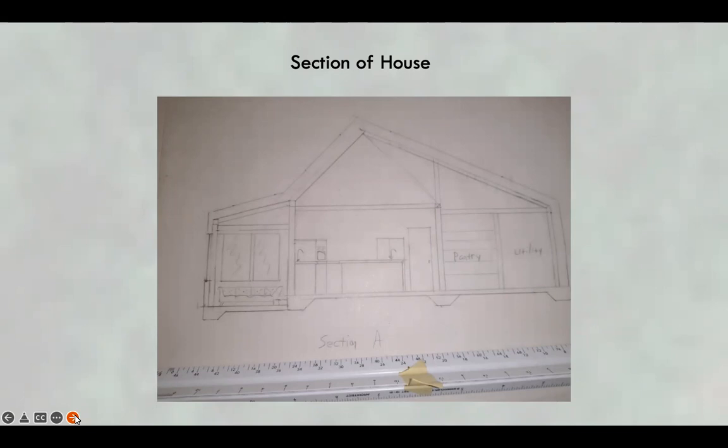The whole exercise of making all these drawings and then reviewing them is educational. It's eye-opening. Another thing I'll point out is on the right-hand side, there's a pantry and then utility space. We're not going to have a basement, so all of our utilities, water heaters and all that stuff, need to be in the house somewhere. So there will be a utility space on the north side where we don't really want to have windows anyway